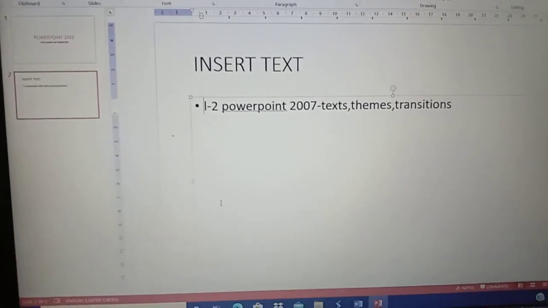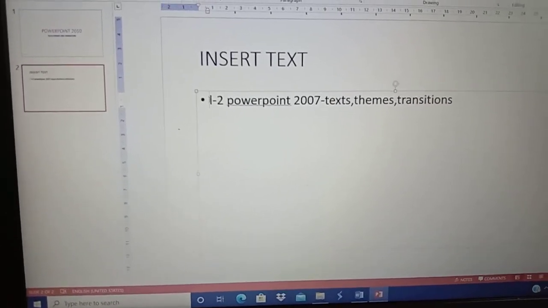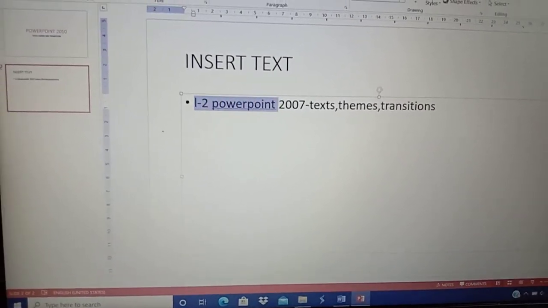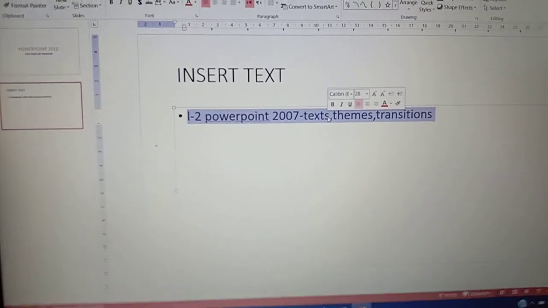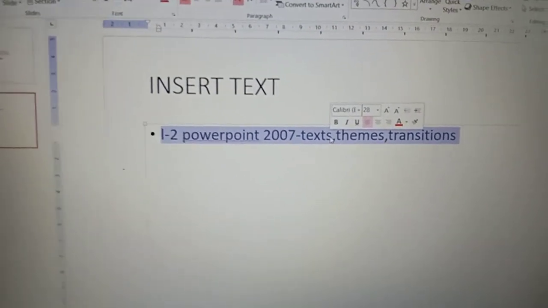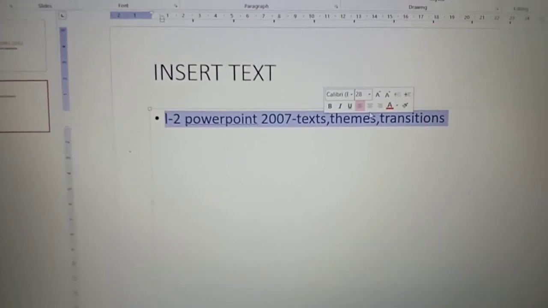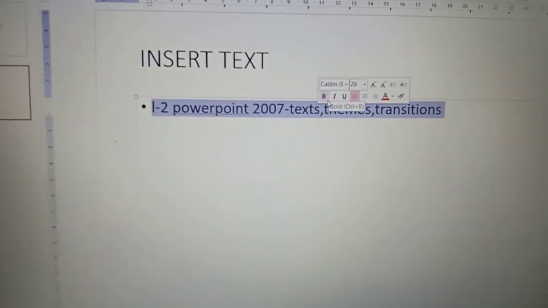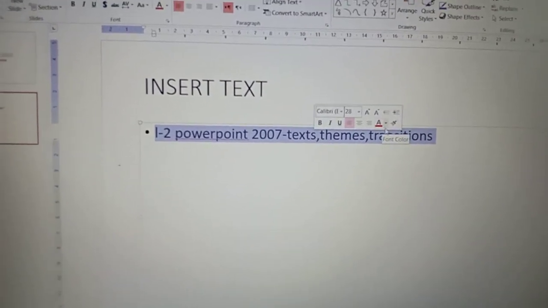Next we are going to see about select text. How are we going to select our text? You need to place your cursor, hold your left button and drag your mouse pointer, then your text will be selected. See here children, once the text is selected, we get a mini toolbar here, right? It helps us to do some formatting or editing options. See here, font size, font style, you can make your text bold, italic, underline, and you have alignment options also here, and you can change your font color also.